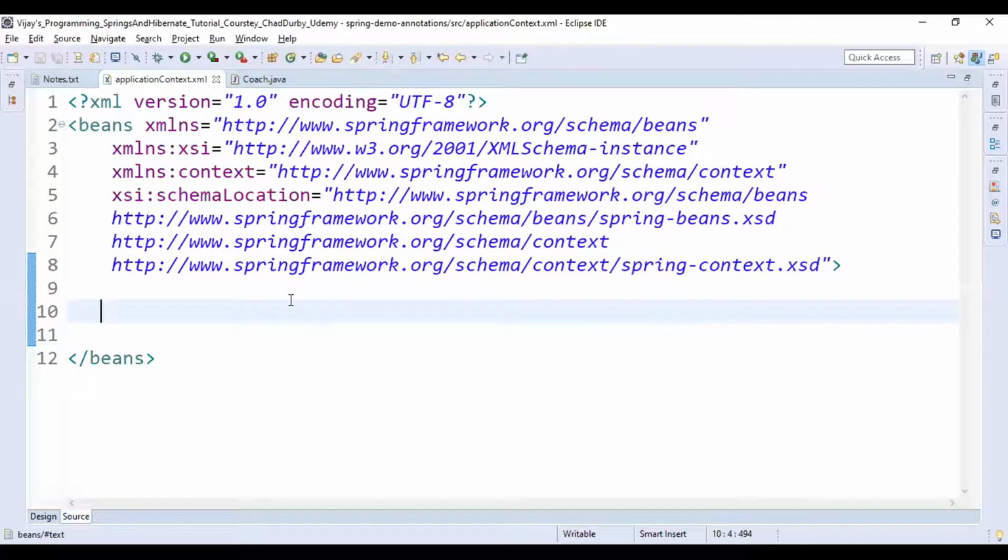Let me give a comment like this. This is the syntax to create a comment. The comment is: add an entry to enable component scanning.